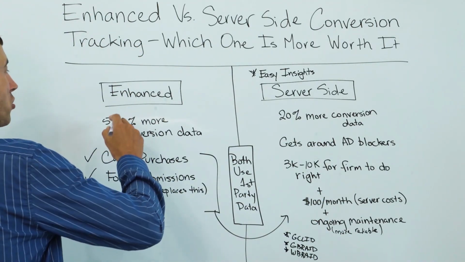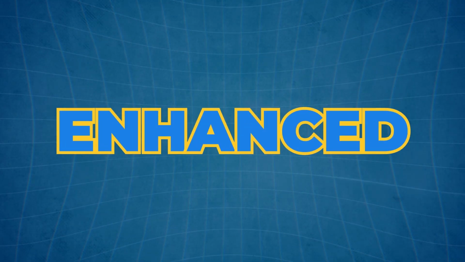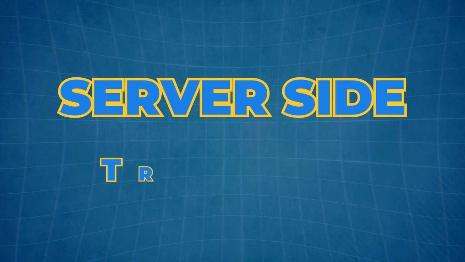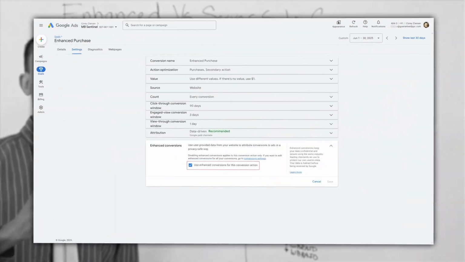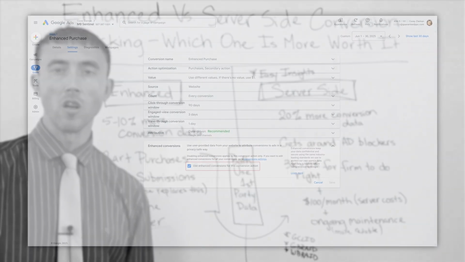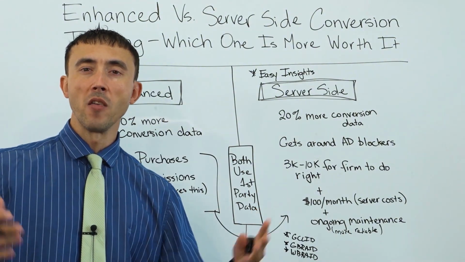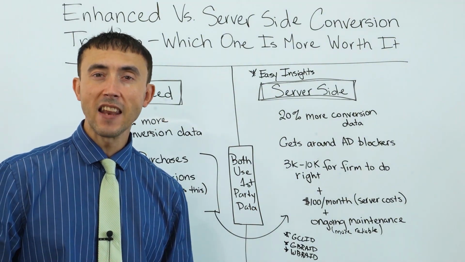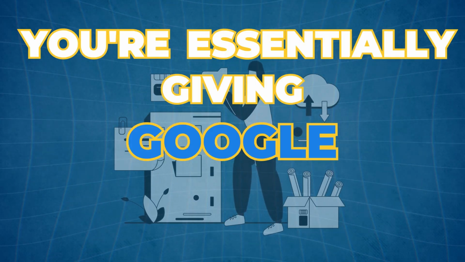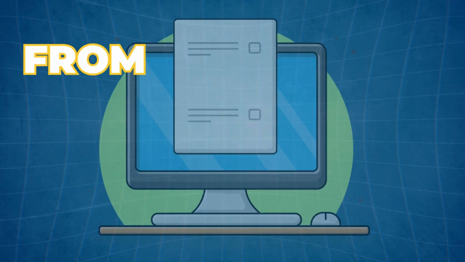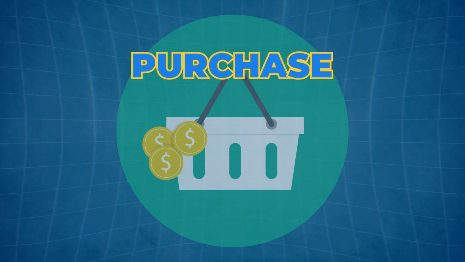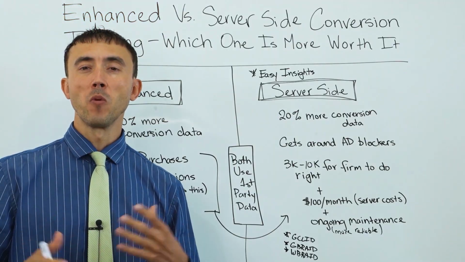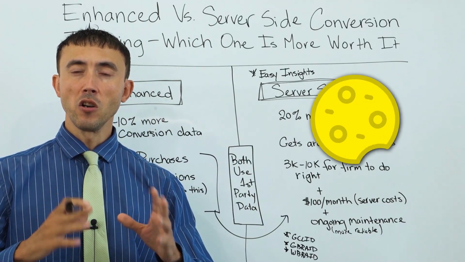Now, I first want to just start off with the definitions here. Enhanced versus advanced conversion tracking versus server-side tracking, okay? Now, enhanced conversion tracking, as Google calls it, is one of the conversion tracking methods that they recently keep pushing. What that is, you're essentially giving Google the data from people who fill out the form on your site or purchase through the shopping cart, back to Google, so that if for whatever reason the cookie on the user's